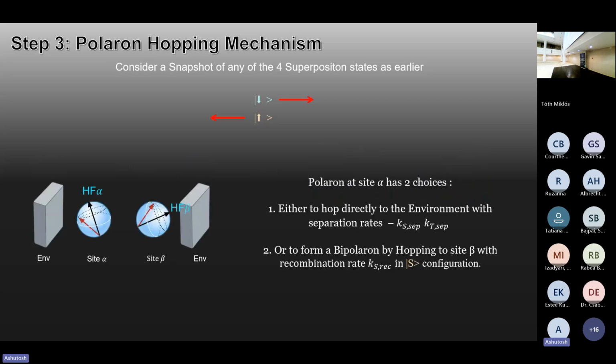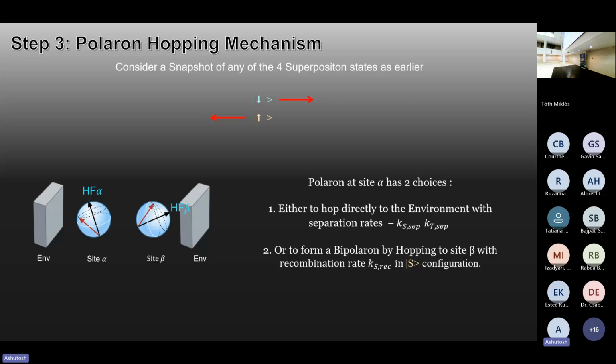So now what happens is the polaron at site alpha, which is near to site beta, has two choices. Either it can hop directly to the environment with separation rate Ks separation and Kt separation. Such a polaron will not contribute to the generation of light, but it will get separated, so it will contribute to the generation of current through the device. Or else